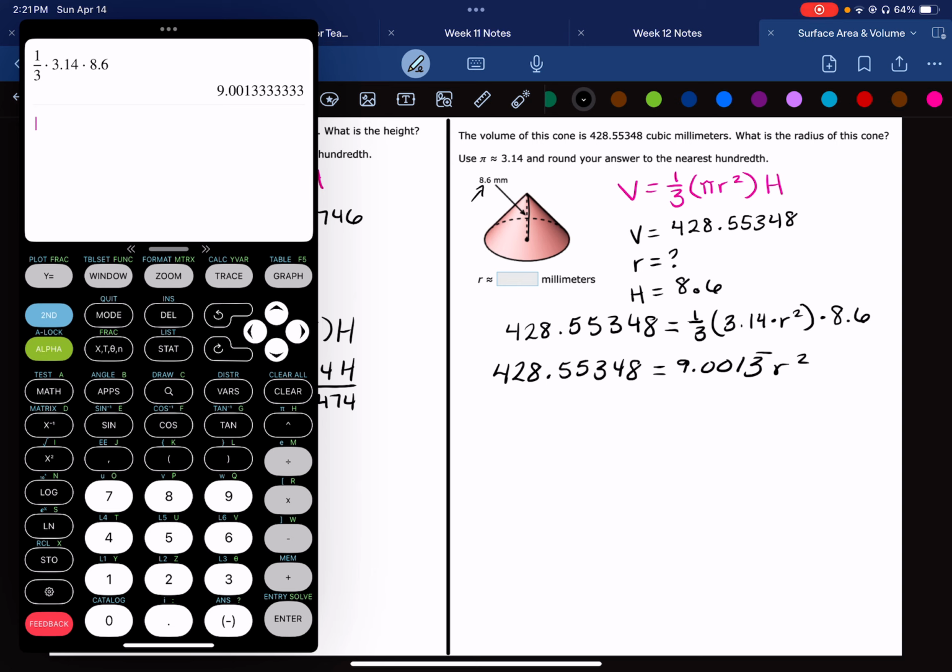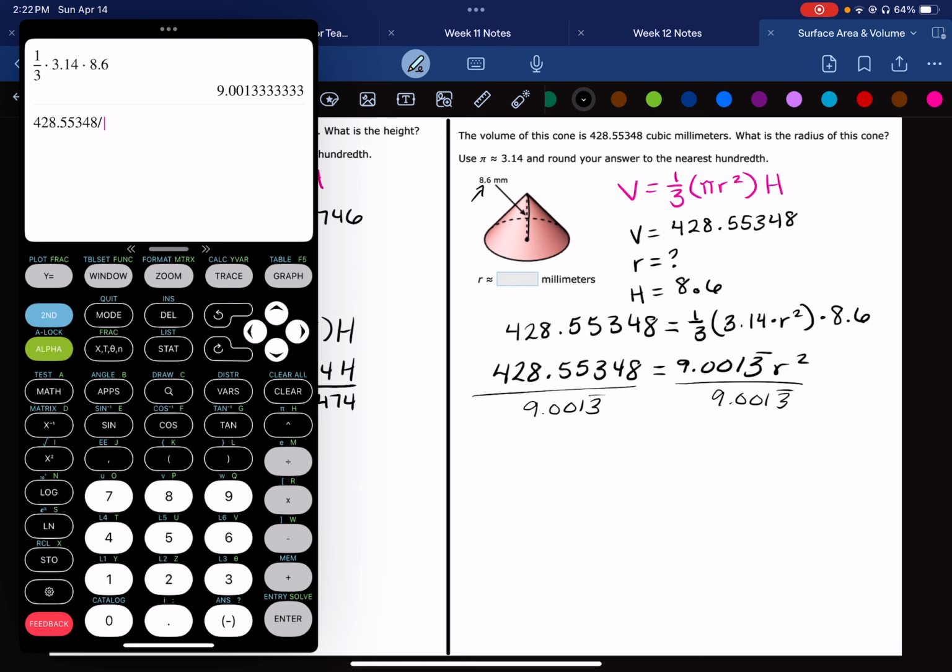Okay, now we're still working to get r alone, so I do need to get rid of that 9.0013, so we're going to go ahead and divide it. We want to avoid rounding as much as possible until the very, very end of the problem, because if we round too early, we're going to skew our results. Okay, so to do this division in the calculator, I am going to go ahead and write in that volume 428.55348 divided by, but instead of typing in the decimal that I have on the previous line of this calculator,